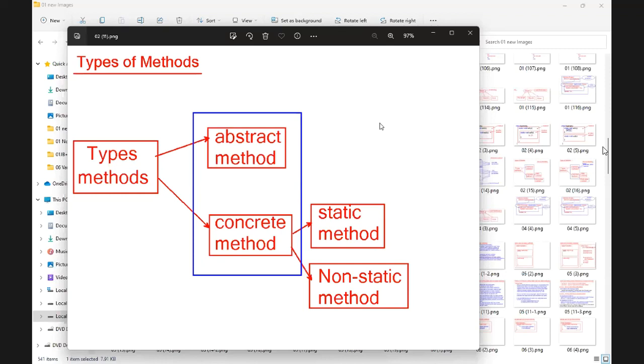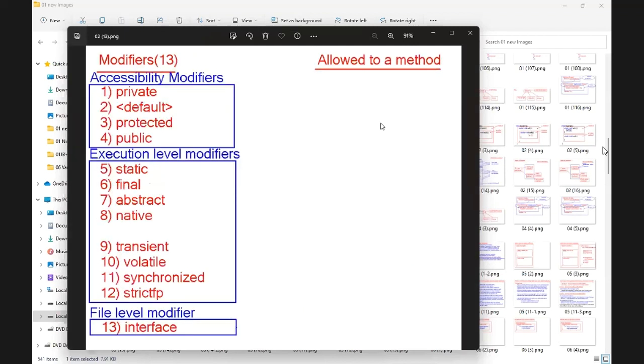And there is a fixed point of execution for an abstract method. You cannot control it. For example, you take an ATM. ATM card is there. You swipe the ATM card in the ATM machine. Withdraw operation, money deducting from which account? HDFC Bank, ICICI Bank, Kotak Bank, based on the card you inserted. That means card is an object, na? You are inserting which object, withdraw method executes from that object. So can you control withdraw method execution? No. That means execution level modifiers are meant for controlling the execution of a method, right?